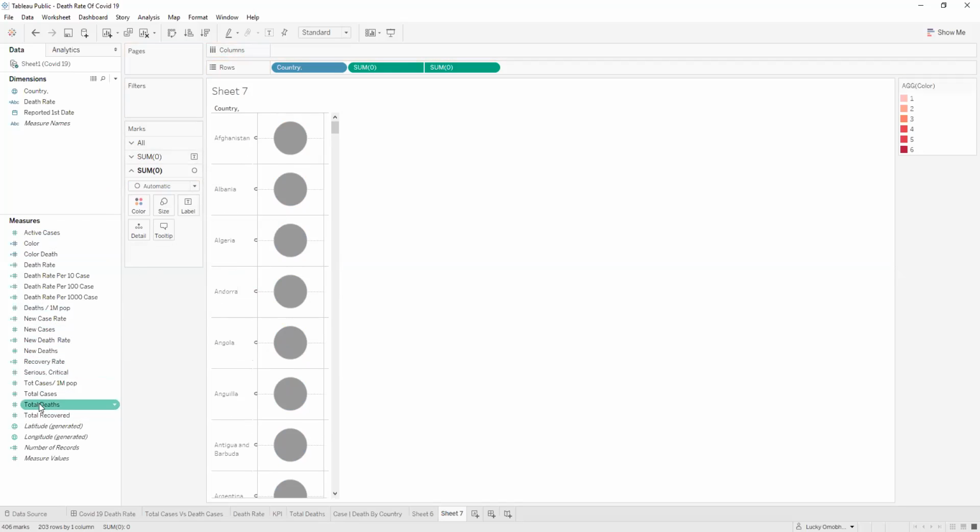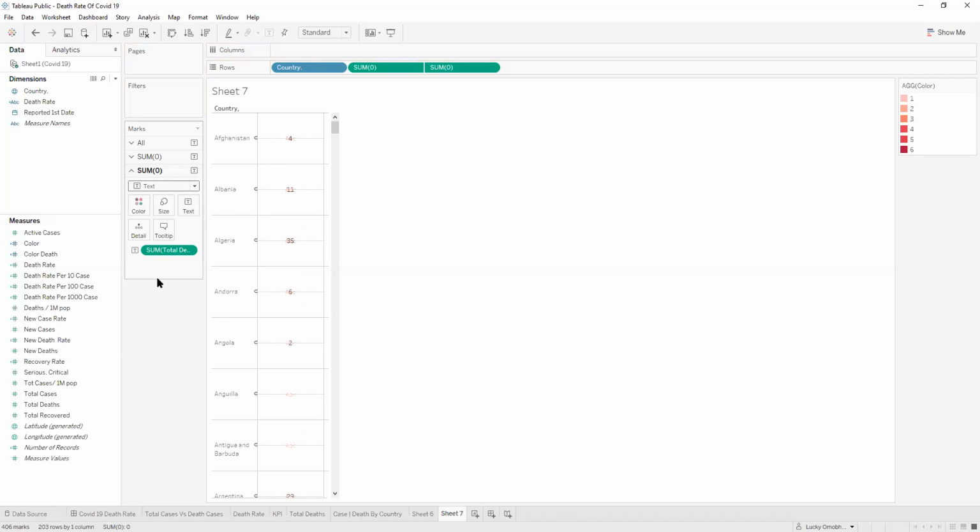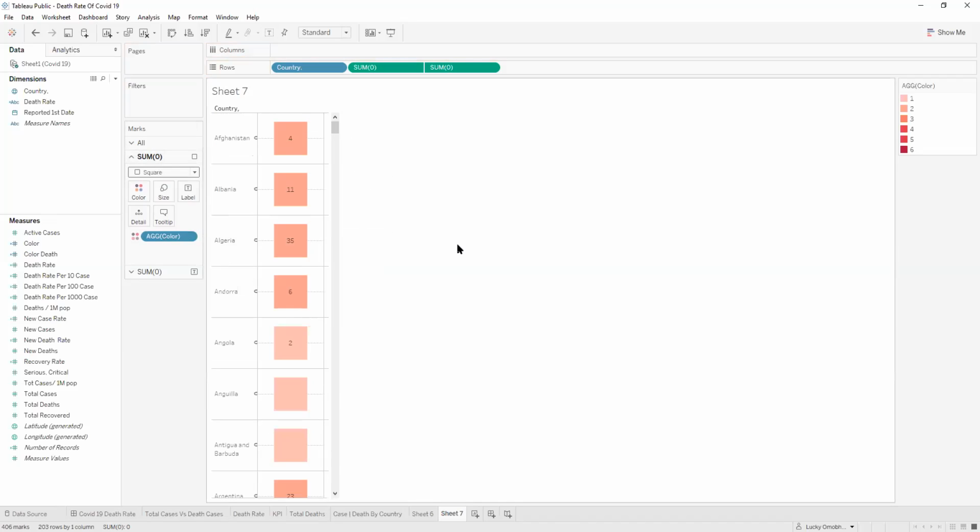I'll show the total death on this test and change this to test. Okay, it's coming up. Change this to test, then I'll go to the one behind and change this to square. All right, so I'm getting there. I'll just sort this, and